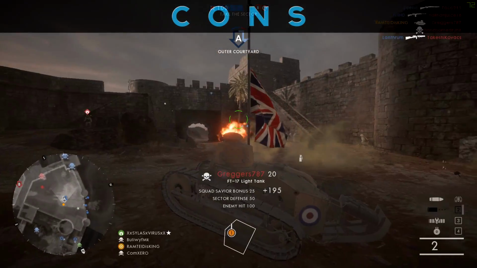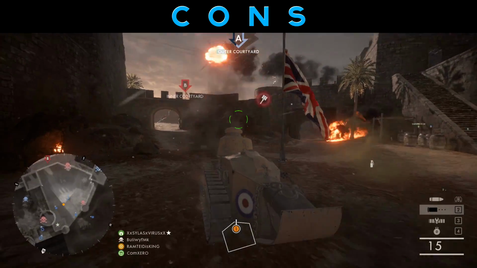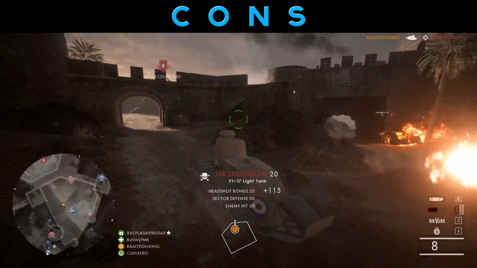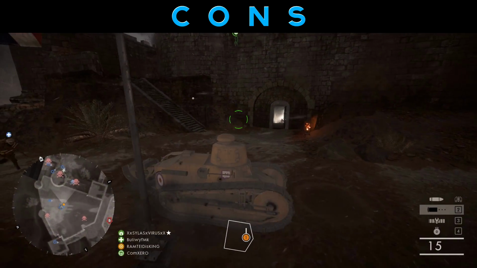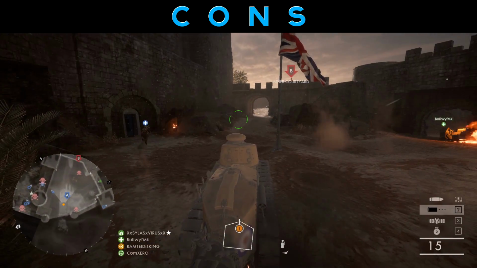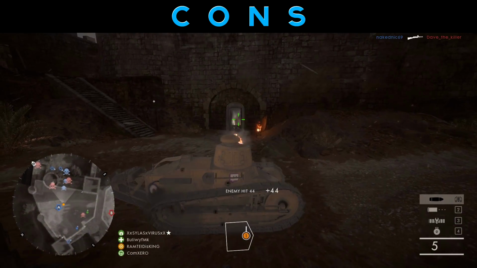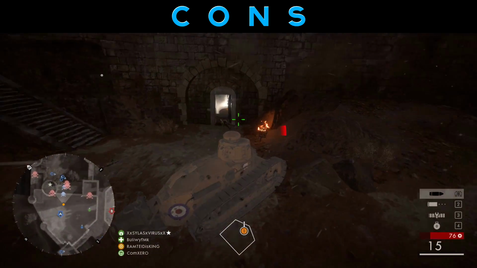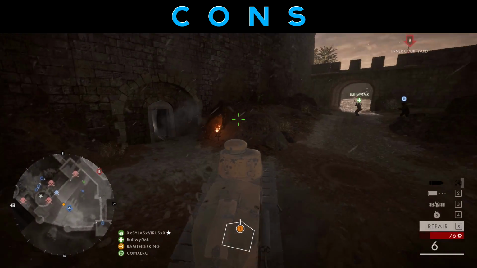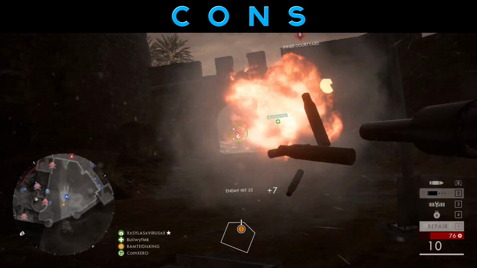First off, we'll talk about the cons. There are several that stand out when it comes to this variant of the light tank. First up, let's talk about the armor. It doesn't have as much armor as the other tanks do, and that makes it weak, especially when fighting against other tanks, such as the heavy tank. This also can make this tank susceptible to being destroyed by infantry while you're being targeted by them, especially on maps where you'll find yourself in close quarters situations